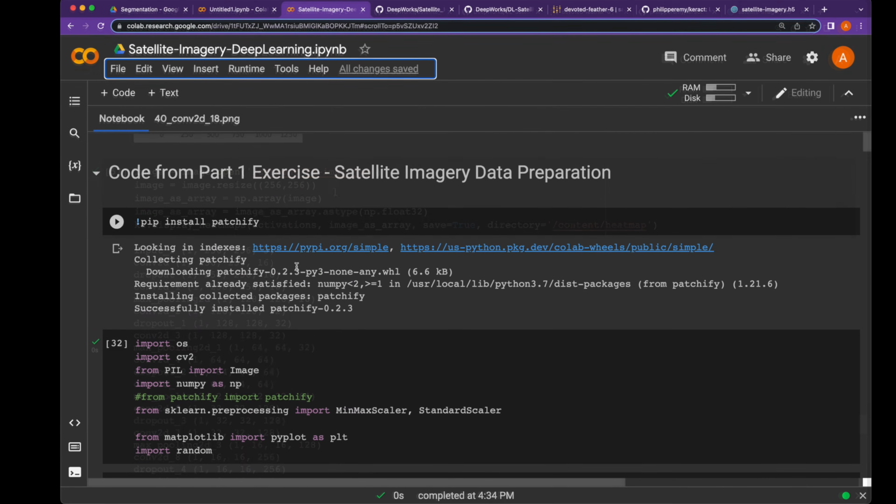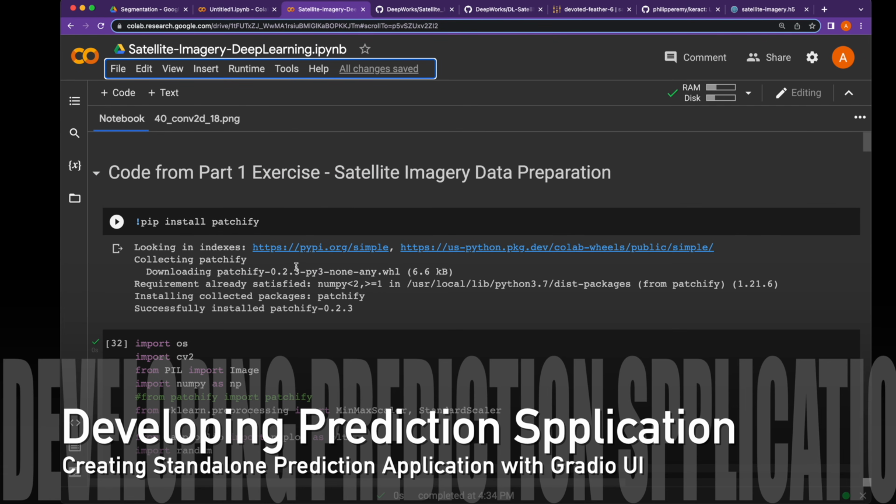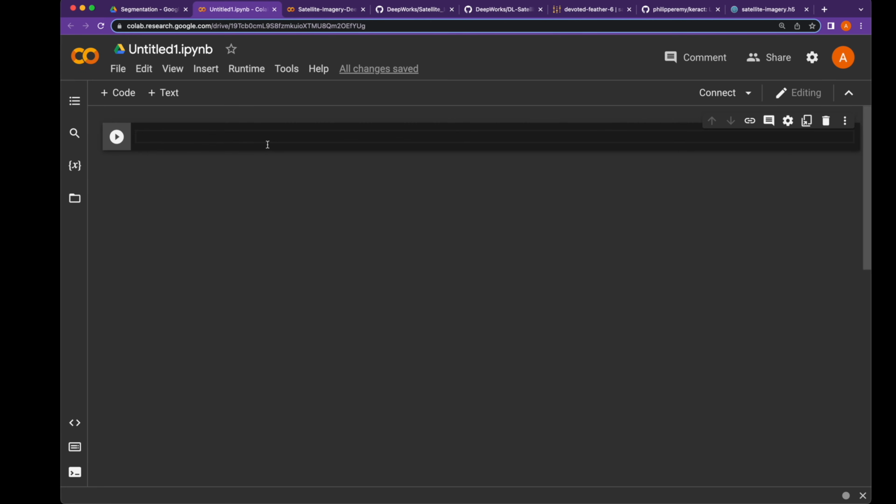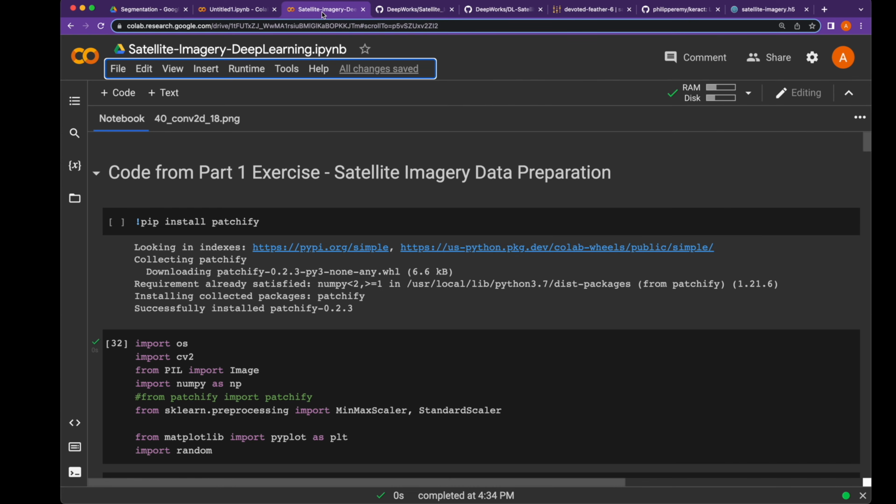Continue. So in this step, our objective is to build the prediction application first in Google Colab. And once that application is ready, then we need to add the Gradio UI on top of it, and finally deploy that whole application to Hugging Face Spaces. So first, we need